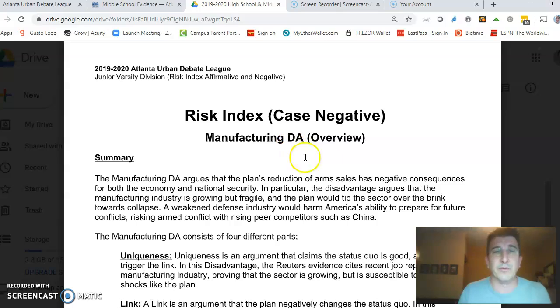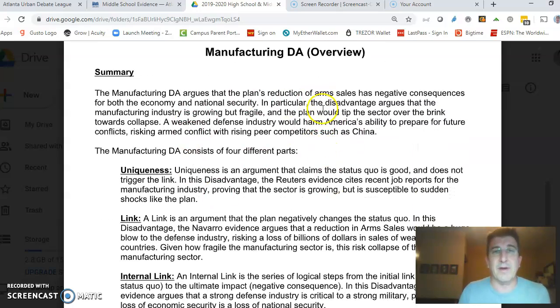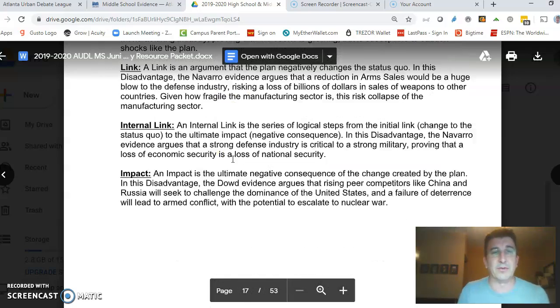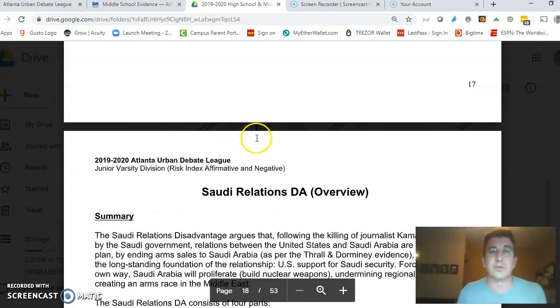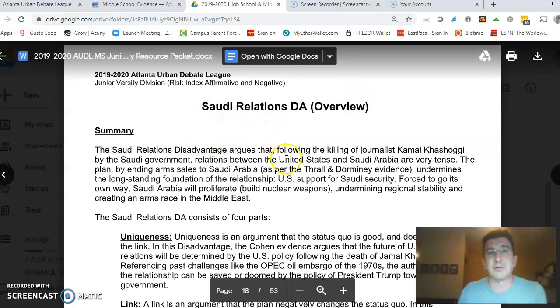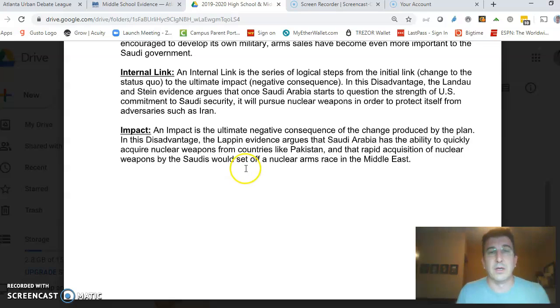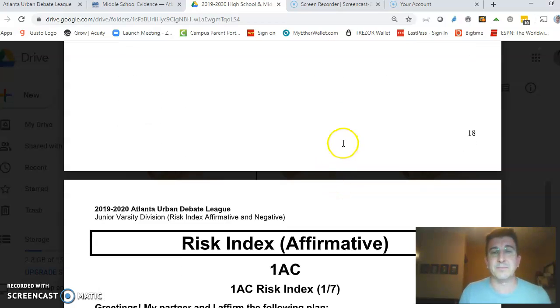Then kind of review over the negative. You got the manufacturing disadvantage. You can talk about it. You can read through what that'll do. You can also read through some of the other cards. There's also a Saudi relation disadvantage that you'll need to read through. Okay, that's what I would do to get started. You guys are probably a little more capable of doing some other stuff today. After that,